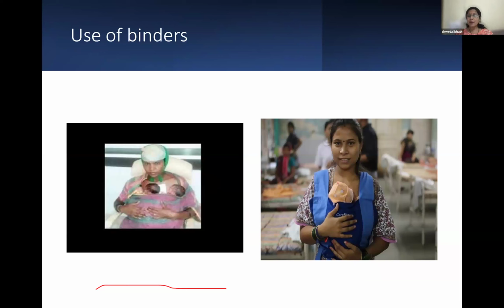So there are different types of binders available. There are videos of the binders we shared, and any binders can be used. It is not necessary to use the blue one we see in the picture, which is expensive; we can use even just a square cloth. At the international KMC conference in November, the Philippines people came up with a very nice square cloth arrangement and binder usage. Those binders we will be showing you in our workshop, which is going to be